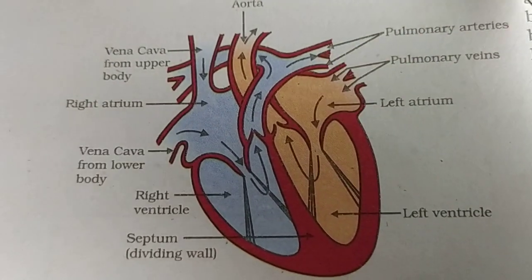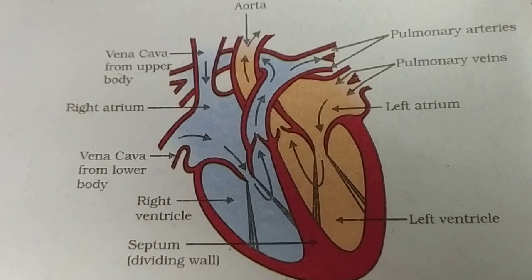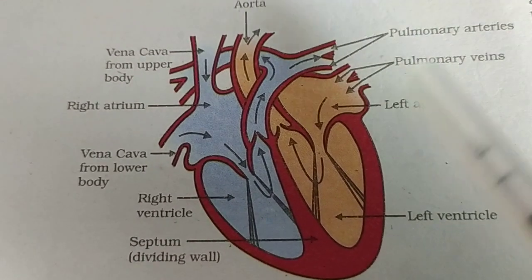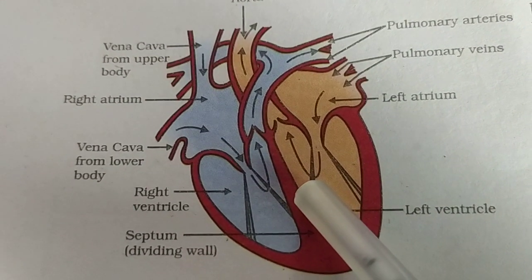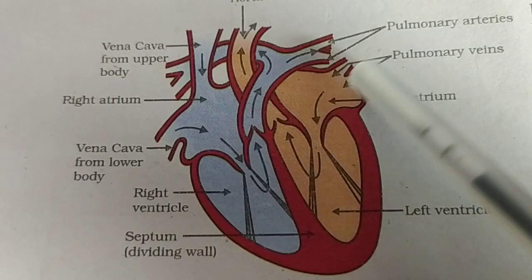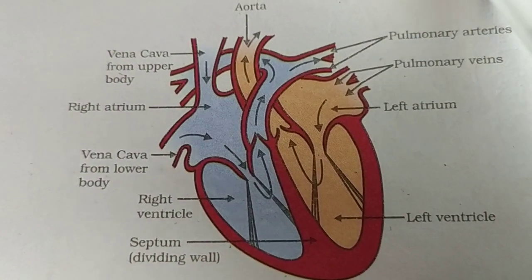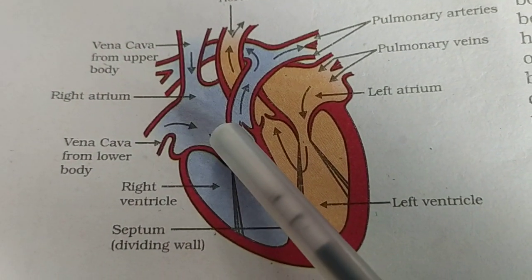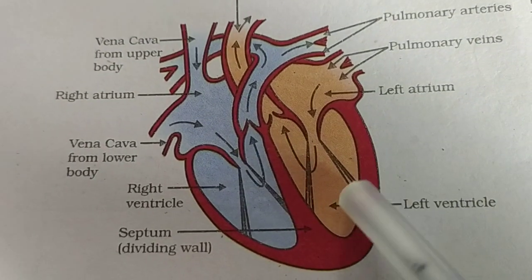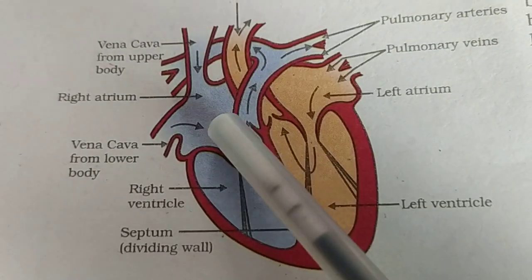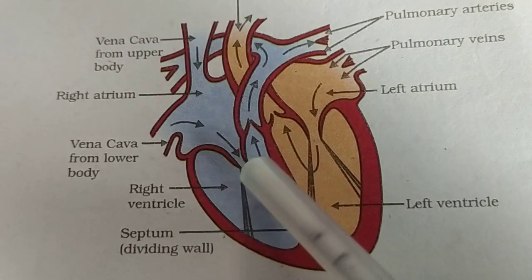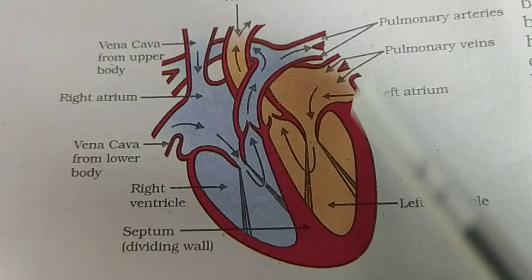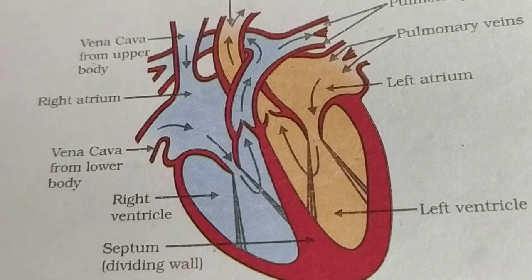As it is explained here, the blood comes from the lungs to the heart and to the body, from the body to the heart and to the lungs, but it is not as slow as it is explained. The process takes place at the same time. At the same time, the oxygenated blood enters the left atrium, and deoxygenated blood enters the right atrium. Then it comes to the ventricles and goes back. So this process takes place simultaneously. It's not one by one. So the flow is in this way, and the figure of eight is formed again in this way. So it is called double circulation.